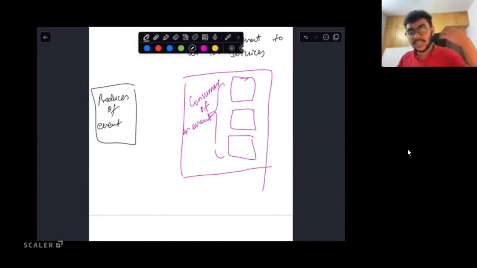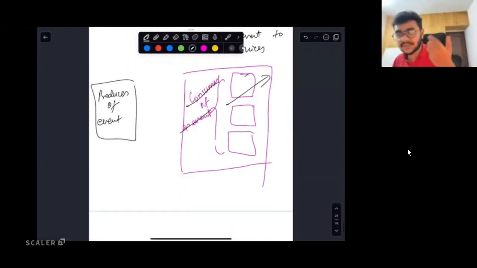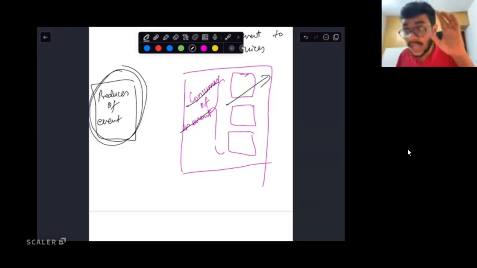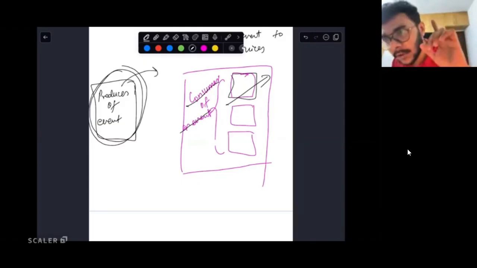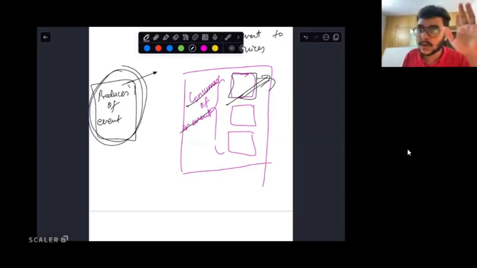Anytime there is some change happening on the consumers of this event, what are those changes? What are the changes that can happen on the consumer side? What if one of these services actually fails? If it fails, you need to add some logic on the side of the producers of these events that, hey, this event was not successfully processed by this specific service which was consuming it, and I need to re-deliver it. So for handling the failure, I need to add some change to the producer logic.